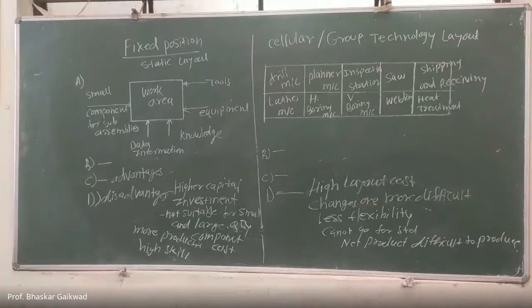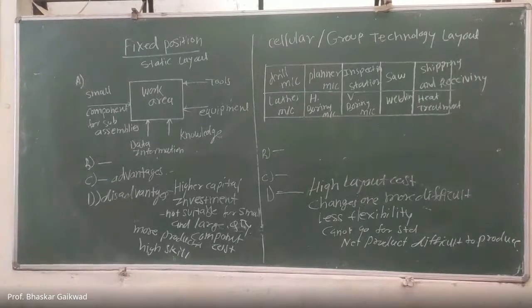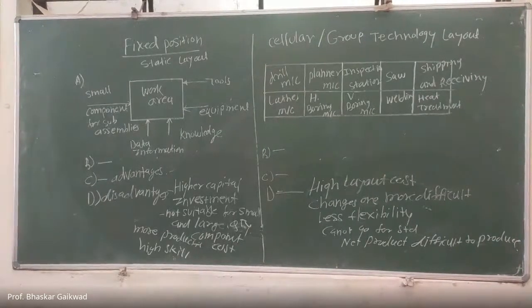Because the product is fixed, mass production is there. So whenever there is a fixed product, mass production and a standard product, we always have to make the layout as per the requirement of the product. So cutting machine, the raw material cutting machine at one place. After that, forging machines. After that, annealing machines. After that, machining, finishing, grinding, heat treatment, like this. So all should be in one line. So here we can normally use the product or line layout.